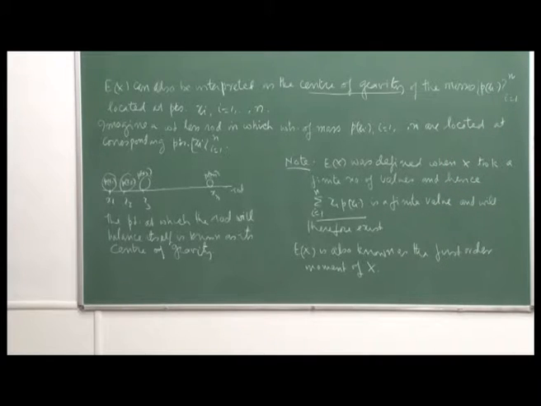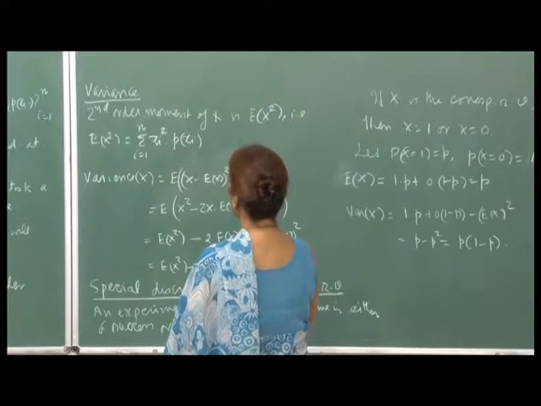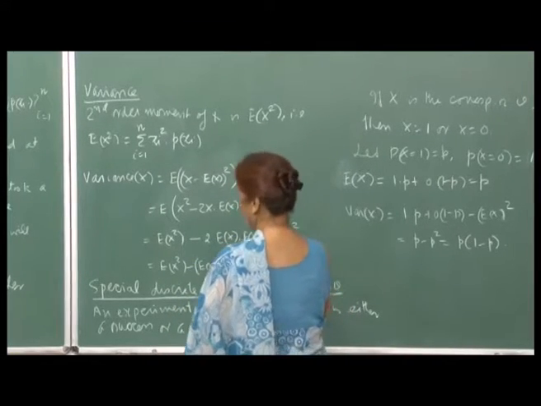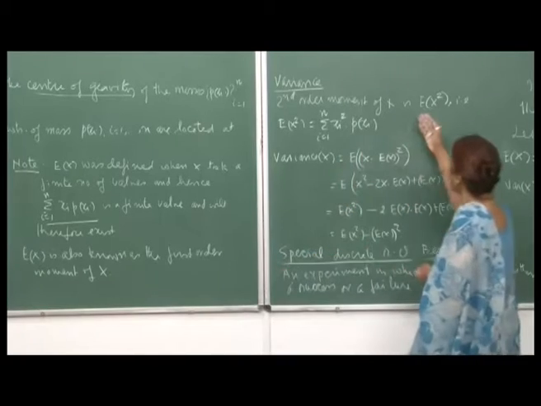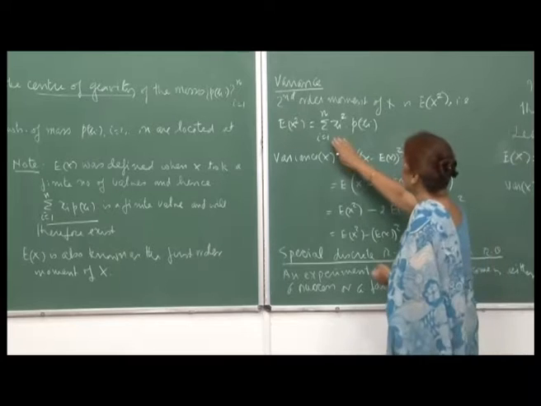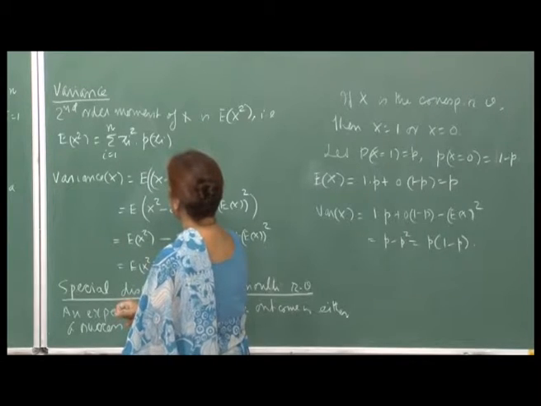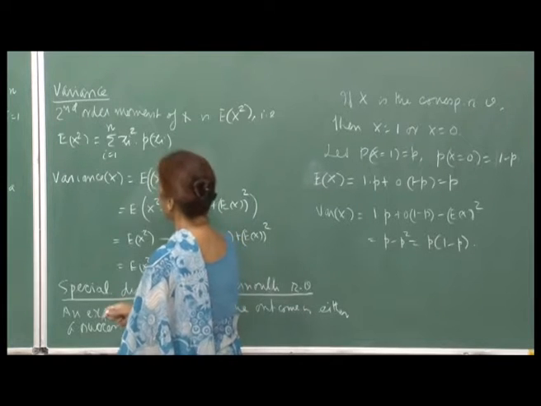So, let us see, then the second moment can also be defined here. If this is the first moment, then the second moment would be expectation of x square, which will be summation i varying from 1 to n, x_i square p(x_i), right. And then a very important